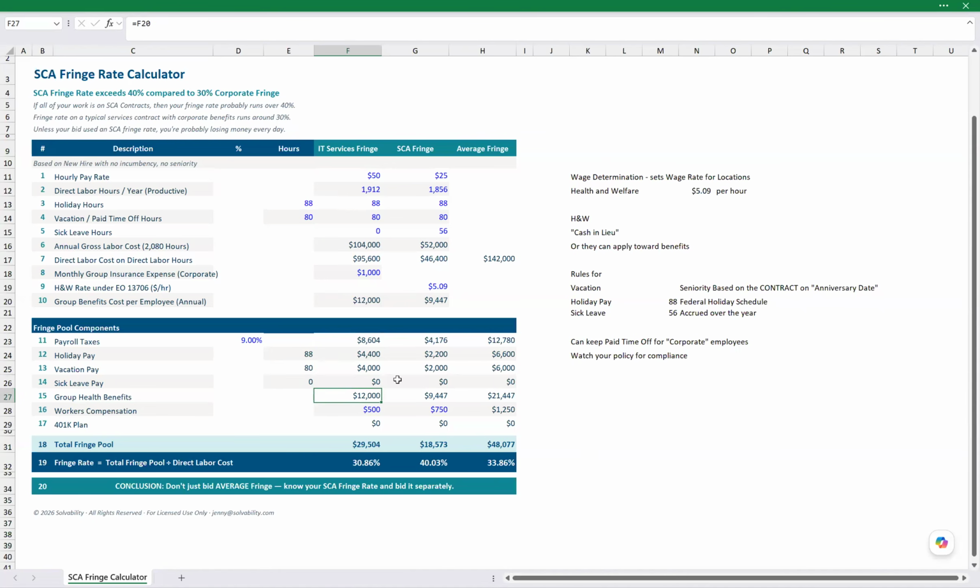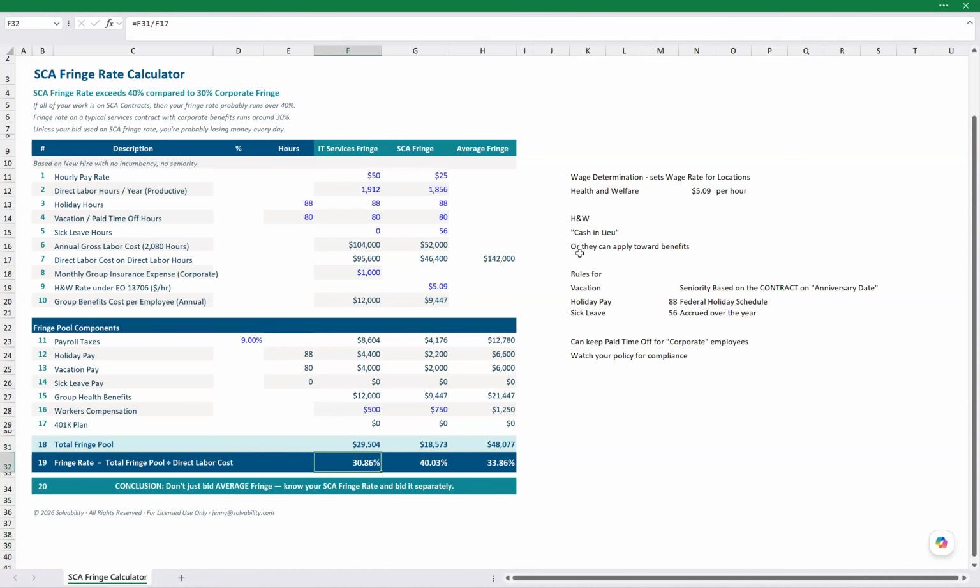I'm going to pay annually $1,000 a month for them times 12 months for group benefits. And maybe there's some cost for workers' comp, and I just made up this $500. I doubt it's even that high. I might have a 401k plan that has 401k matching. Otherwise, there wouldn't normally be any cost, but I just chose to put zero in here to make this understandable. So what it tells me is when I take my fringe cost, which is the sum of all of this, 29,504, divided by what's called the fringe base, this 95,600,